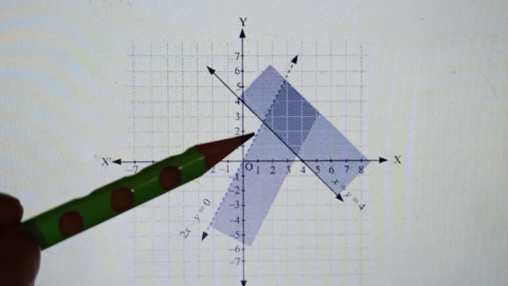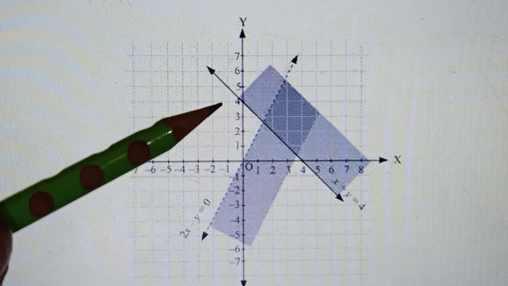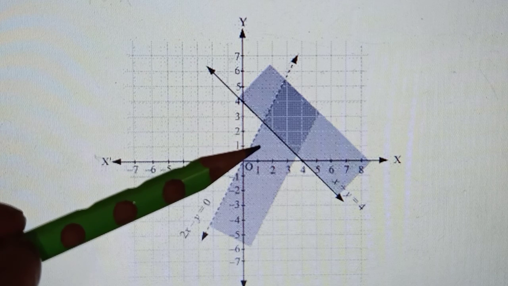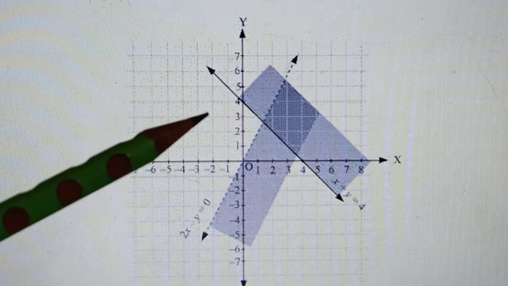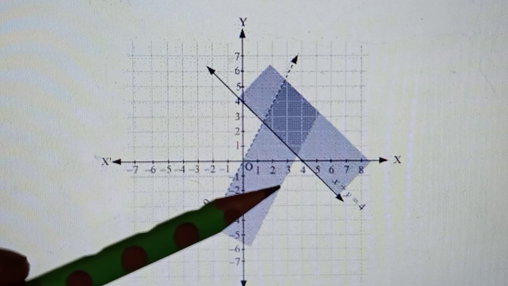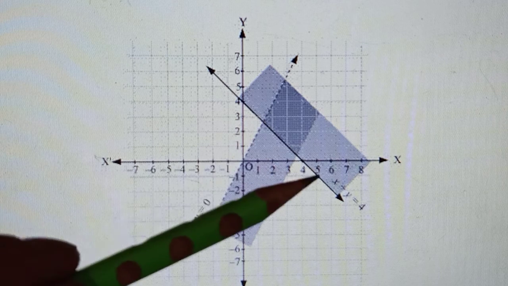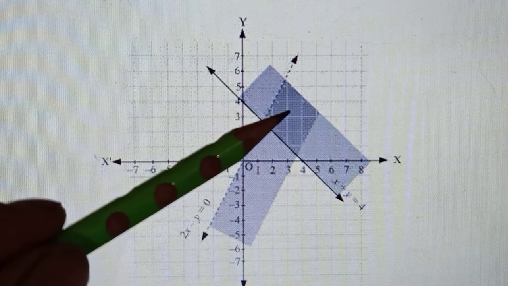Children, according to me, if the sign is smaller than, which is in my book, then the shading should be this side. Okay, this is incorrect. The shading should have been this side. All right, or maybe in some books it's a greater than sign. If the sign is greater than for this inequality, then yes, it is perfectly fine. This portion would be shaded, and then the common solution will be here.